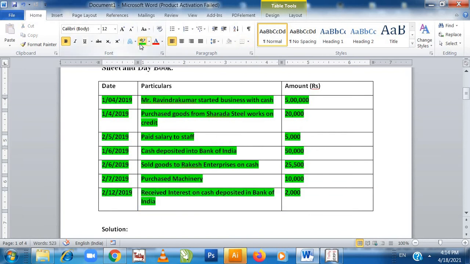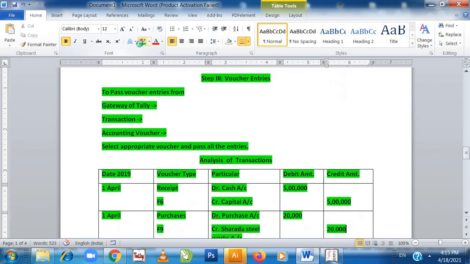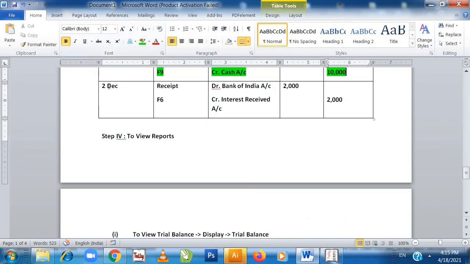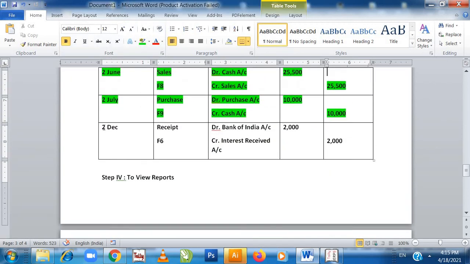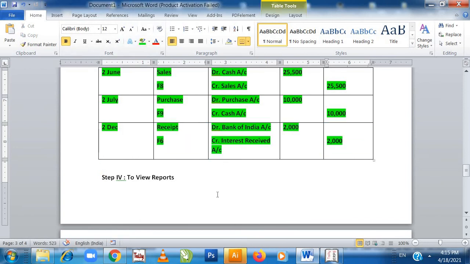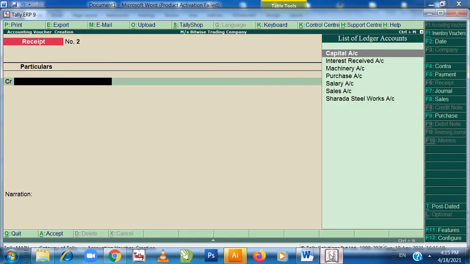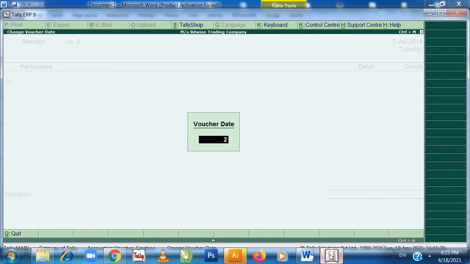So Bank of India account debit to interest received account, and this entry will go into receipt, that is F6, on 2nd December. So press F6, go to F2, go to 2nd December.